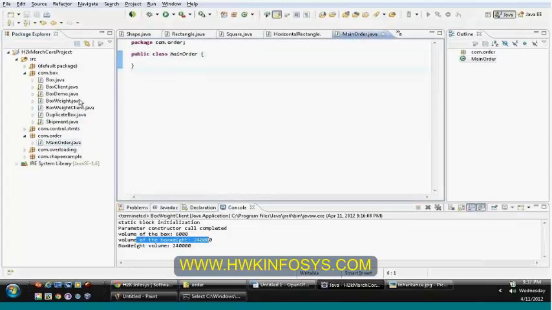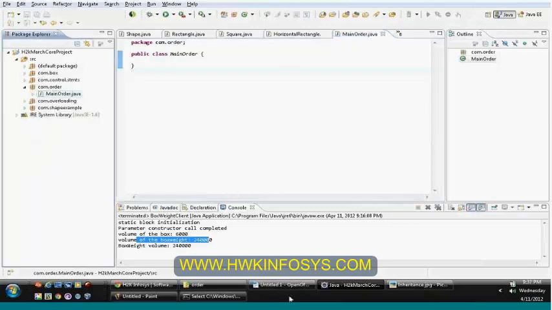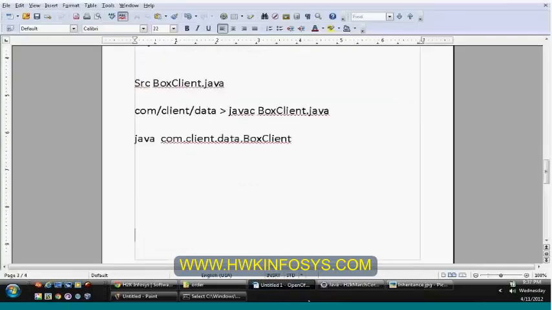Let us change our current code itself. Let us place our box Java file in a package called com.box. Let us place our box weight in a package called com.box.weight subclass.